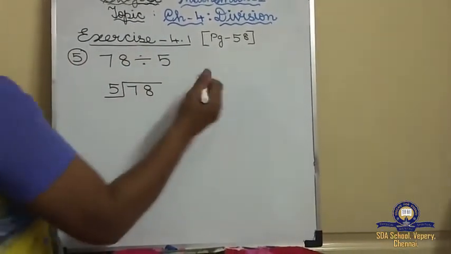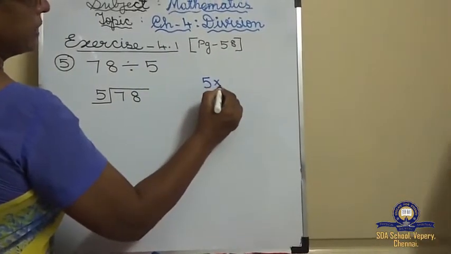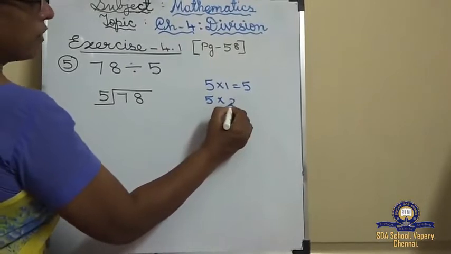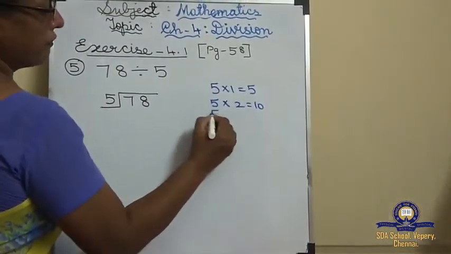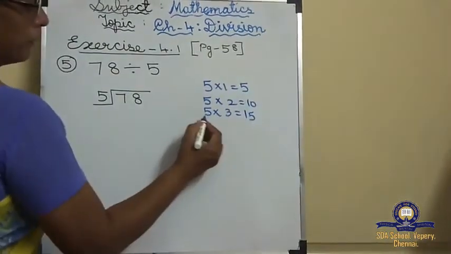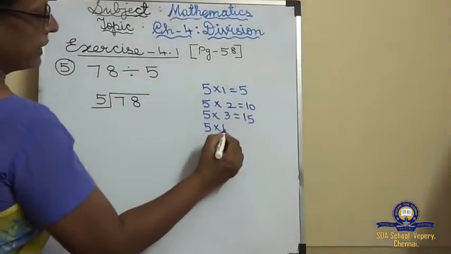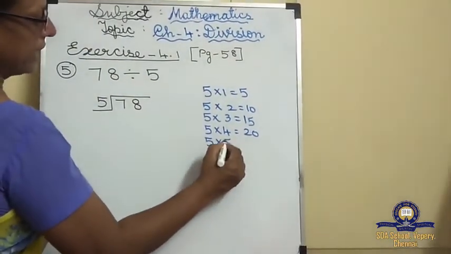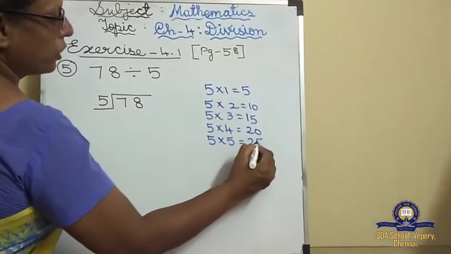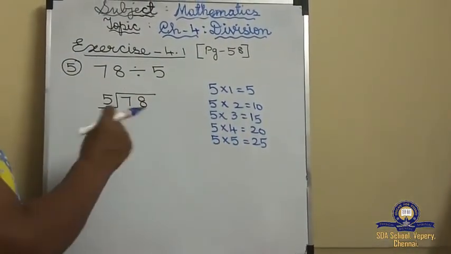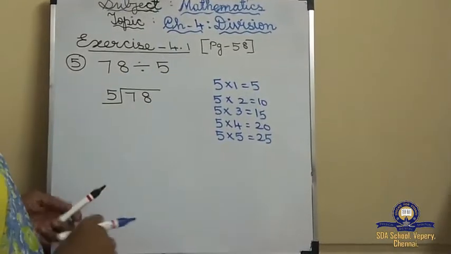So here also what you have to do, children? You have to write the 5 tables. 5 2s are 10, 5 3s are... If you don't know, you can write and see. It's no problem, okay? If you are thorough in tables, it's very easy. But I am teaching those who could not understand, okay, children? So don't think, why is Mrs. always writing the tables? Don't think, because it will be easy for me to teach you and for you to understand, okay?